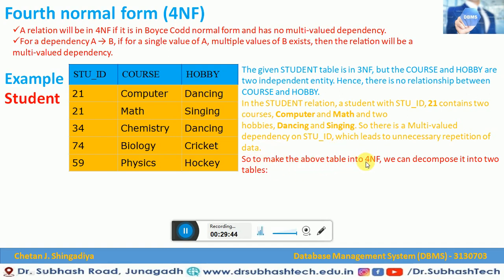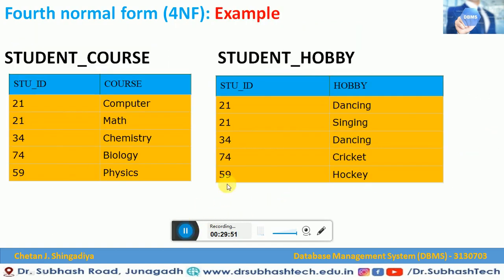To make the above relation into 4NF, we have to decompose that particular relation into two tables. Let us see how it can be converted. One is student course and another one is student hobby. Now after converting this table, student ID with course and student ID with hobby, now we can say that there